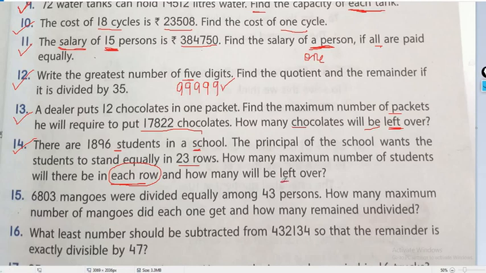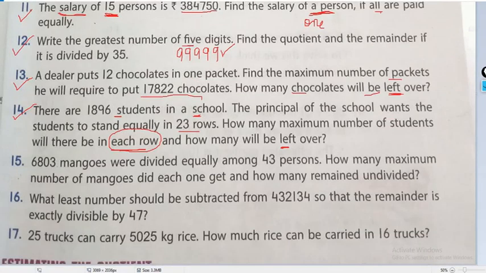That means of course if you divide now, there will be something left. So the statements will be very very simple. You will simply write number of students in 23 rows is equal to 1,896, and number of students in 1 row, and definitely you will get the remainder. If it is not, then you will simply write 0. Nobody is left. After that, beta, question number 15, please try to understand.